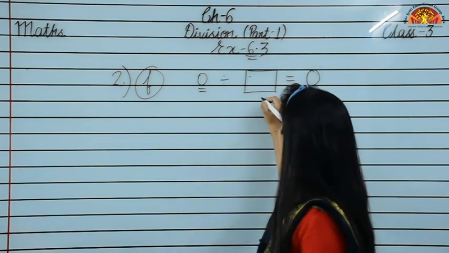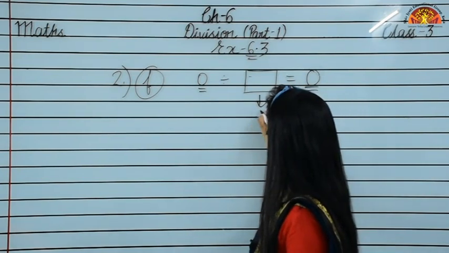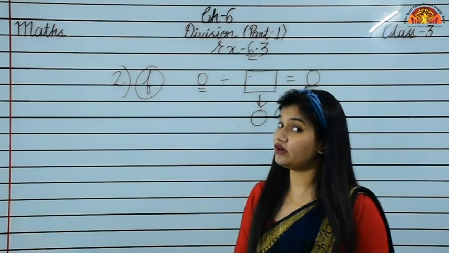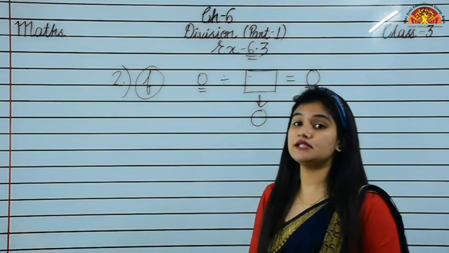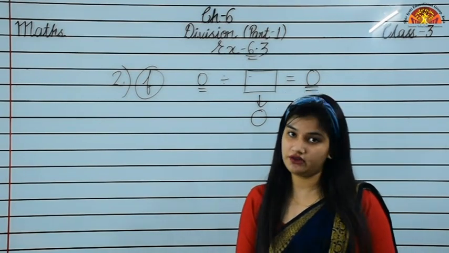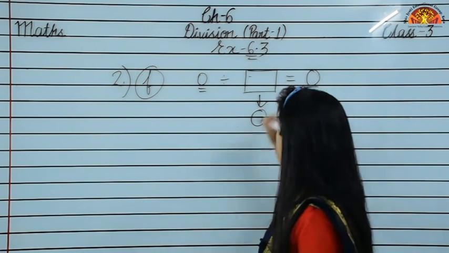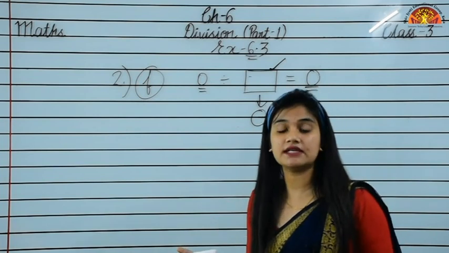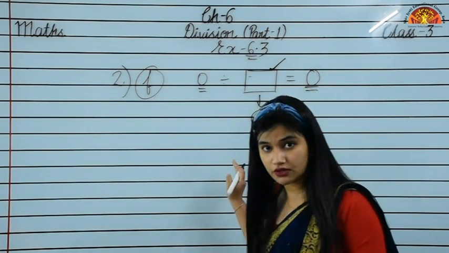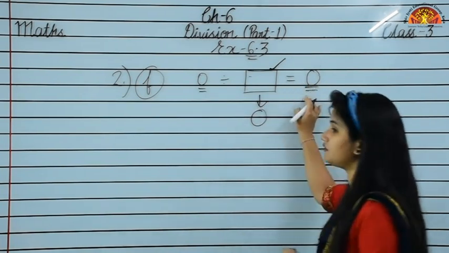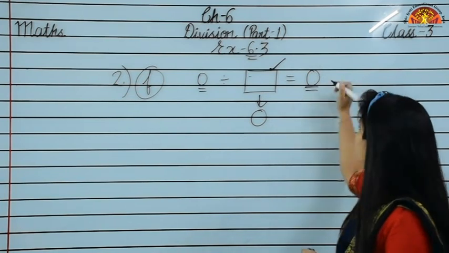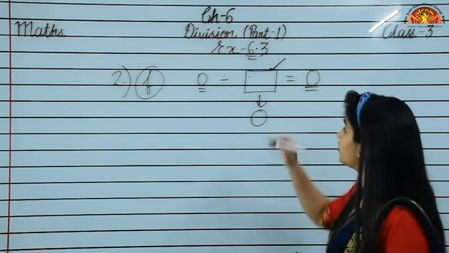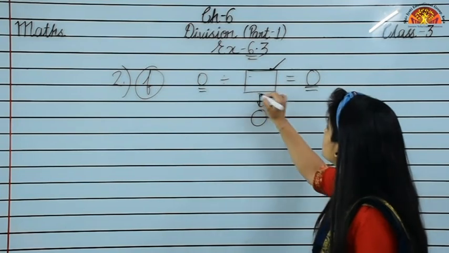But suppose अगर यहाँ divisor में आपको क्या मिल जाए, 0 ही मिल जाए, then what will be your answer? Then your answer will be not possible, not defined. Is it clear? So it means in this box we cannot write 0. हम 0 नहीं लिख सकते as a divisor, because if we write 0 here, then our answer will be not possible. And here we can see the answer is 0. So what will be the answer? हम इस बॉक्स में क्या लिखेंगे?